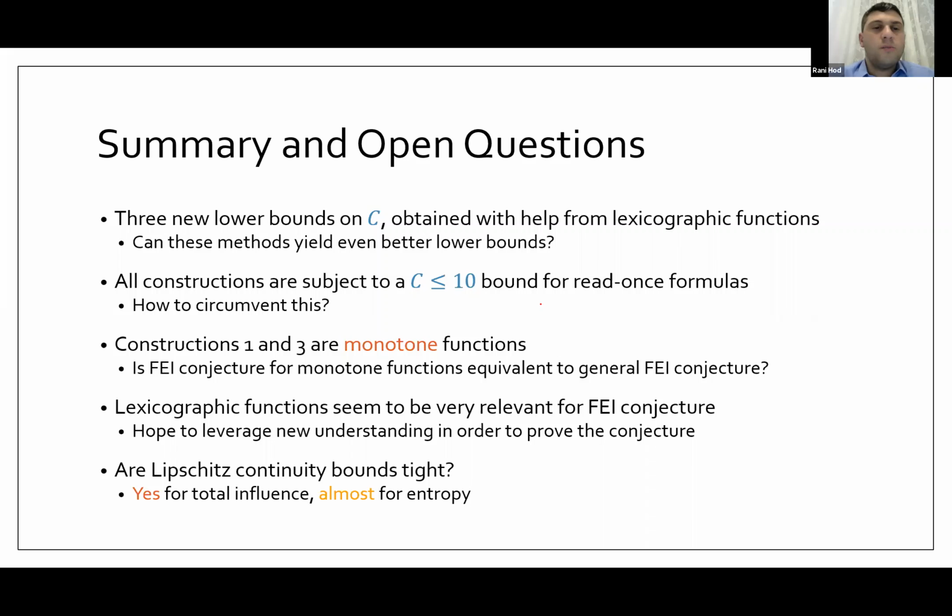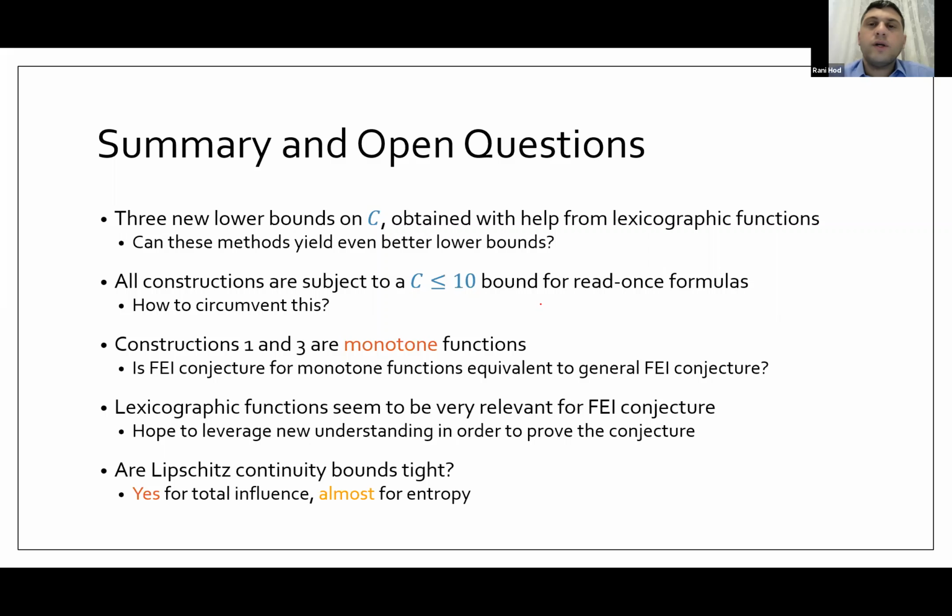One more take-home message here is that these lexicographic functions, besides minimizing the total influence, seem to be very, very relevant for the conjecture, and maybe understanding more about these would help us prove the conjecture. As I said, since we believe the conjecture is true, trying to play the devil's advocate and provide a lower bound is a method for us to try to understand how we can prove the conjecture. And maybe one technical point,